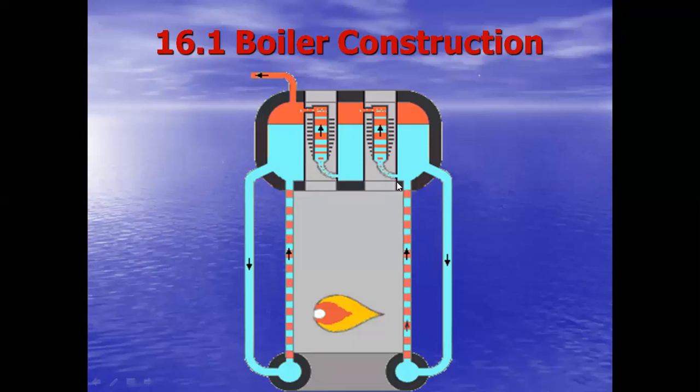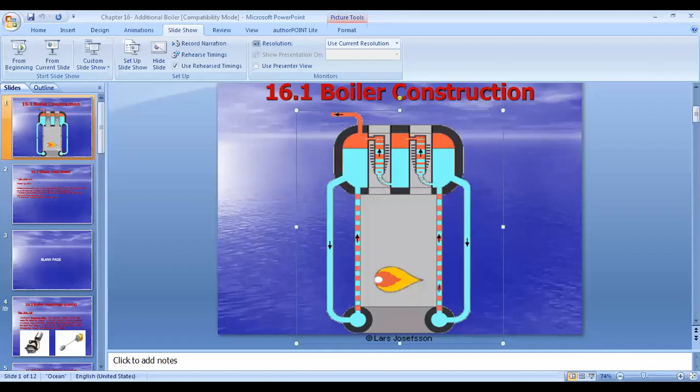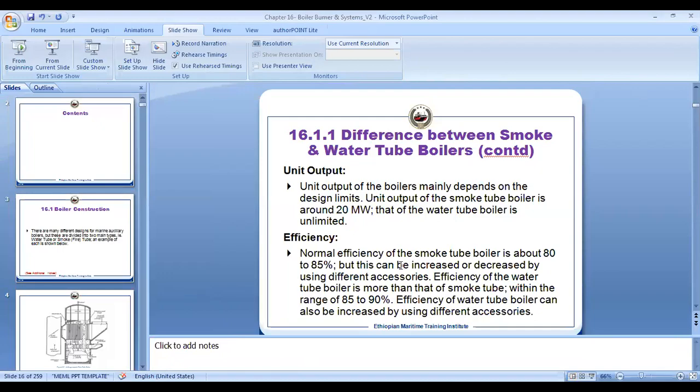Sunrod tubes through which the flue gas from the furnace is passing, and again more heat transfer is taking place over here. The red part over here, that is the steam space, and then you have the steam stop valve from where the steam is going out to the services. So this is when we talk about accessories. Basically, this is the kind of accessories which we can use to increase our steam production. Let's go back to our original slide.